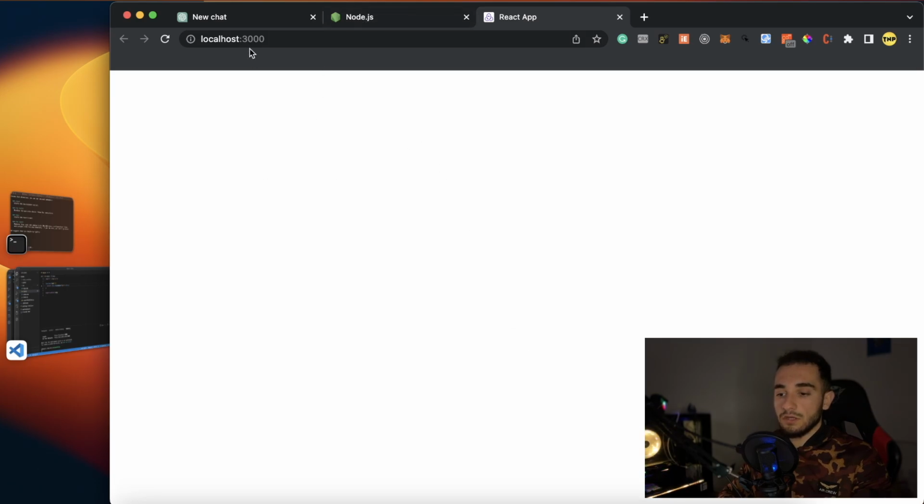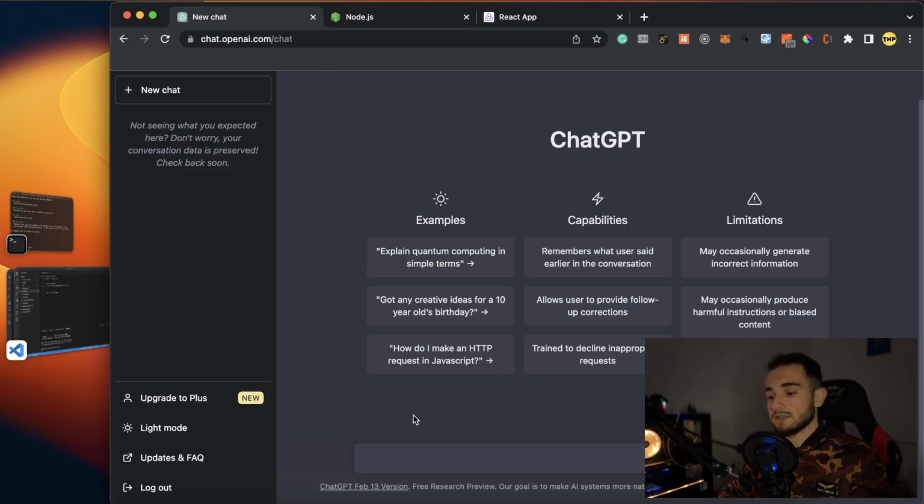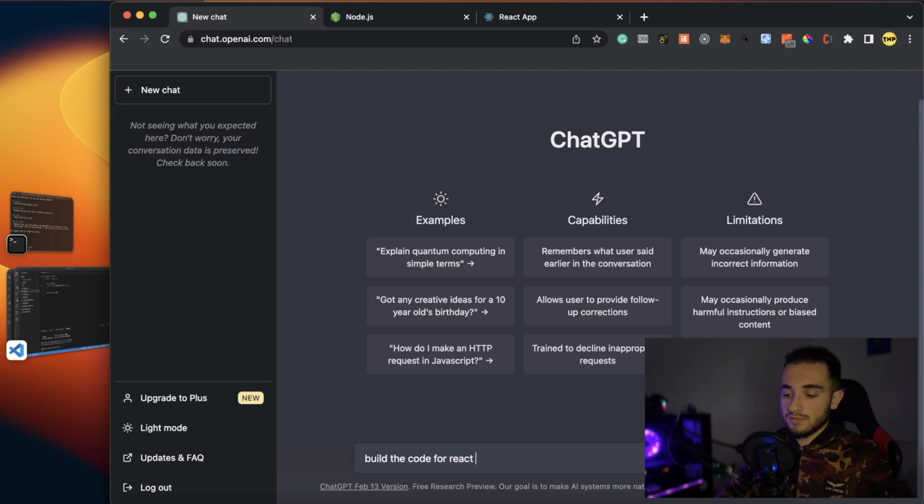So now we'll go to ChatGPT and I'll ask it to create the blog for us. Since ChatGPT is an artificial intelligence website, it's going to show different answers, maybe for you or for someone else. It's probably going to be almost the same, so it doesn't matter. Just ask it to create a blog and it will show you the code. So I'll type: build the code for a React app, React website, React blog website